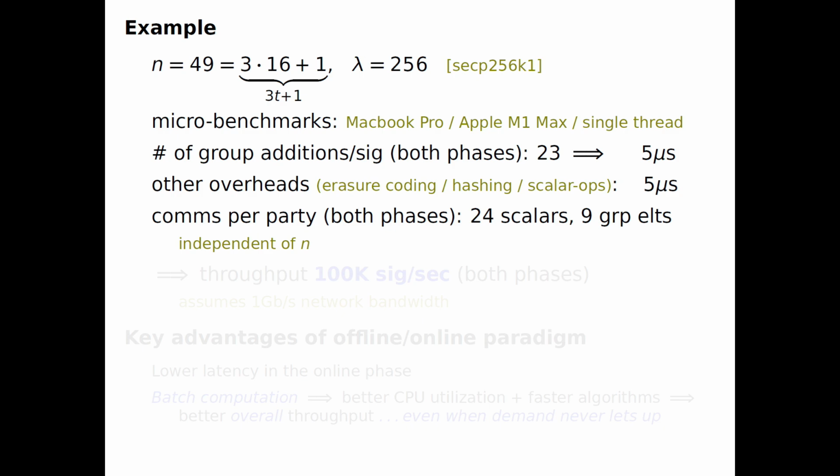And this assumes batching in the offline phase, and it assumes some batching also in the online phase. There are batching techniques we use in the offline phase, and optionally, we don't need to, but we can use batching techniques in the online phase, because